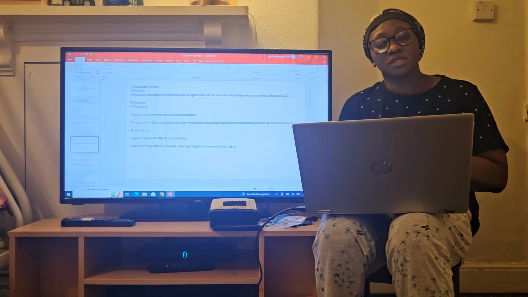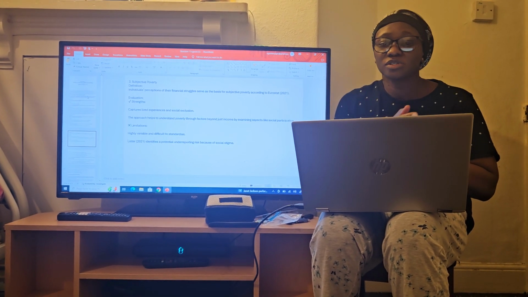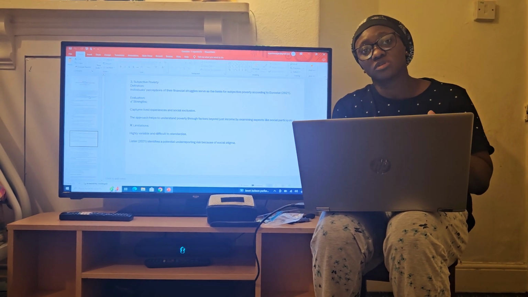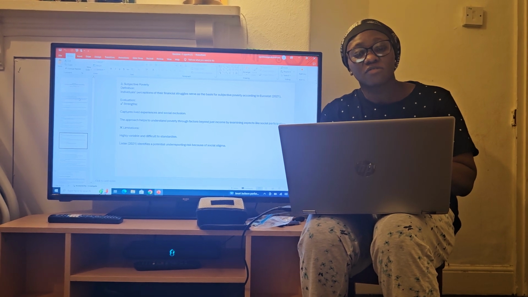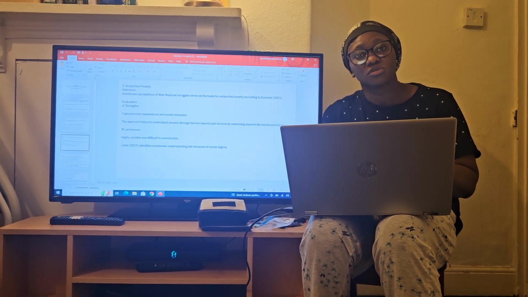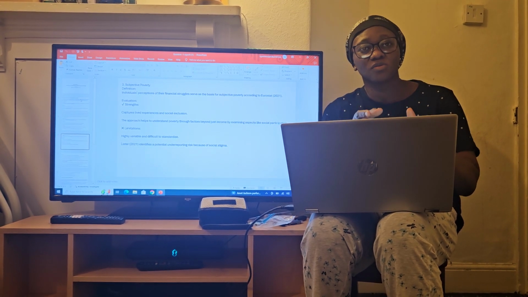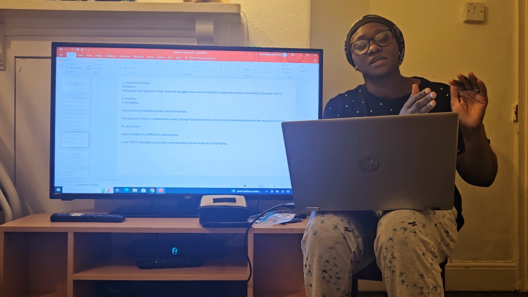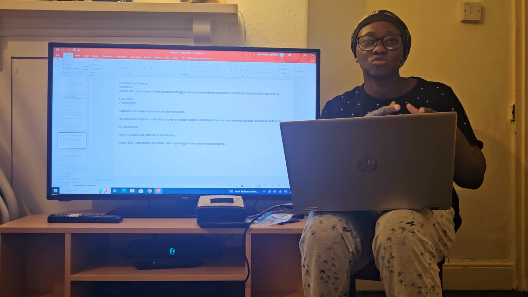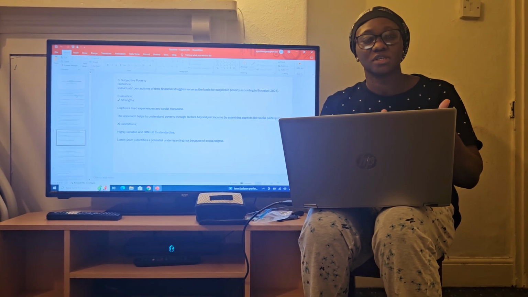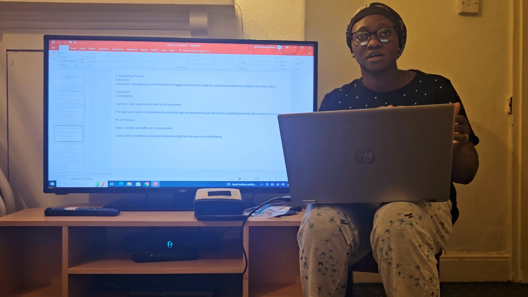Subjective poverty. Individuals' perceptions of their financial struggles serve as the basis for subjective poverty, according to Eurostat of 2021. Evaluating the strength: it captures life experiences and social exclusion. Now, the poor have somewhere they belong and the rich have somewhere they belong. So there is a divide between these two, and that is why it is called subjective poverty. And it has to do with inclusion, equality, and diversity.